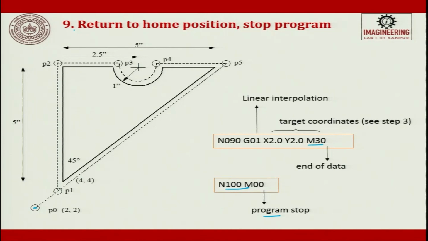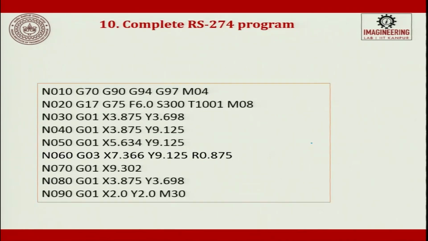So, we have done it in 9 steps. If you see this complete CNC program, we have done it step by step. So, you will know P0, P1 how to go, P1, P2, P3, P4. Now, interestingly, the latest softwares have come up in a great way. You do not have to do so many small calculations, what is the offset. You just have to define these points, and the rest of the calculations will be done by interpolation techniques, and the system takes care of it. So, you have to say P2, P3, P4, P5 and P1. Then the rest of the calculations it will take care of, and then you can easily execute the program.